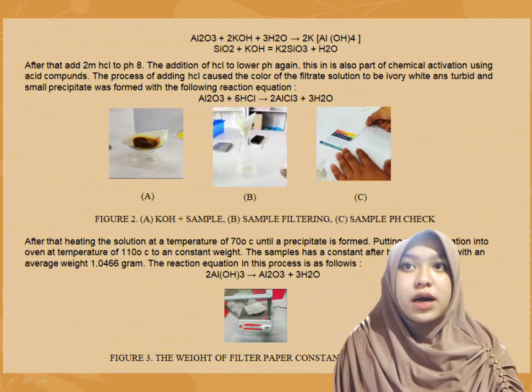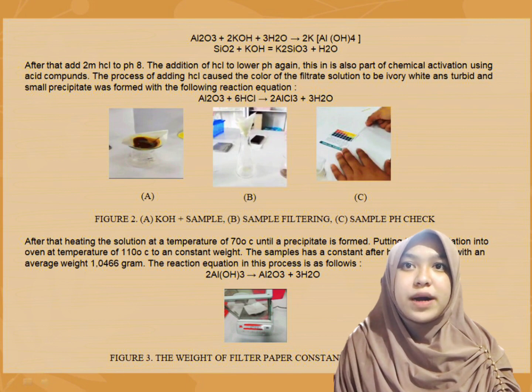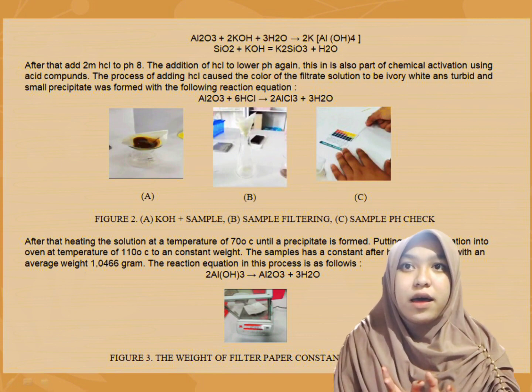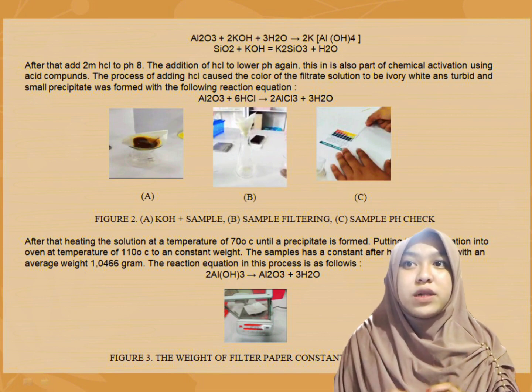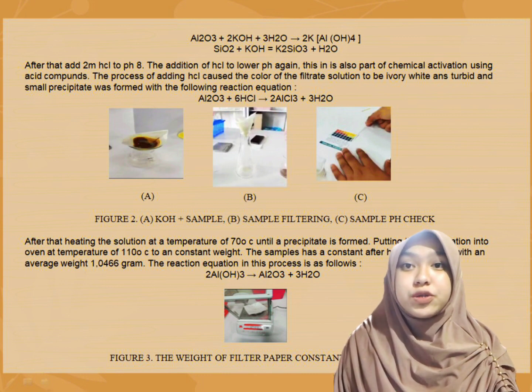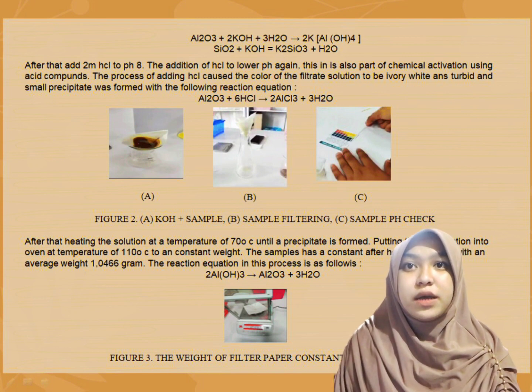The addition of HCl lowers the pH again. This is also part of chemical activation using acid compounds. The process of adding HCl caused the color of the filtrate solution to become white and turbid, and a small precipitate was formed with the following reaction equation: Al2O3 plus 6 HCl produce 2 AlCl3 plus 3